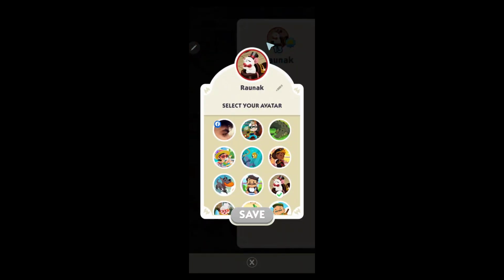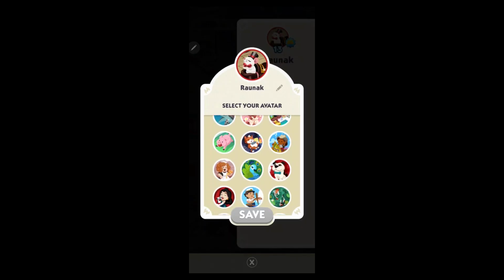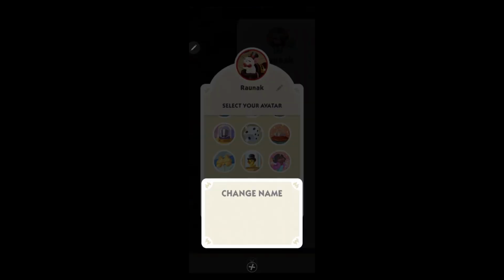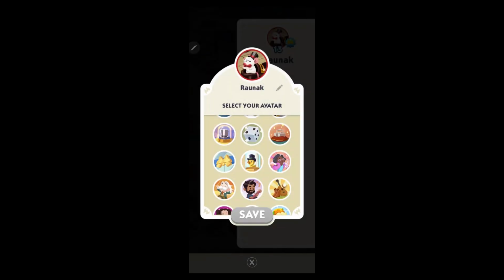So when you click on your profile icon, it is going to show you some avatars. Here, you can choose your Facebook profile picture or another avatars that are available on this page. So these are the avatars that you can switch to on Monopoly Go. You can also click on this small pencil icon and change your name, but we are not going to do